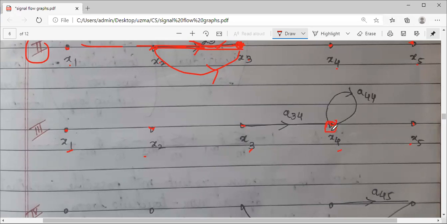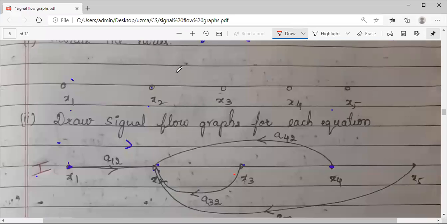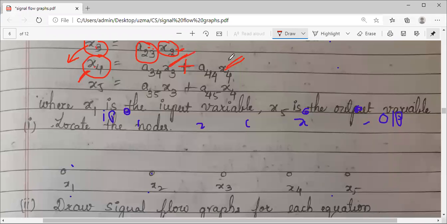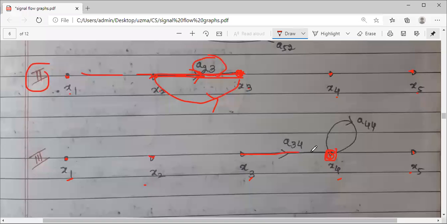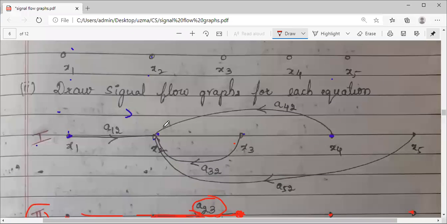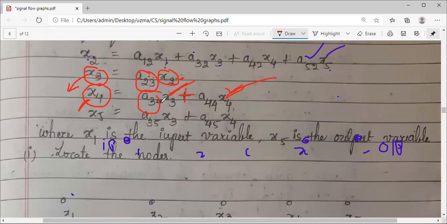Now, x4 is your output node. At the x4, which two signals are coming? One signal is from x3. Second signal is from x4. So take one signal from x3. You can use a straight line directly because it is in the forward path. No issues, no need to take a curved path. Then multiply it with a gain value A34. Check the gain value. Yes, it is A34. Then you need to take one more signal from x4. x4 itself is your output, and from x4 only you are taking the signal.